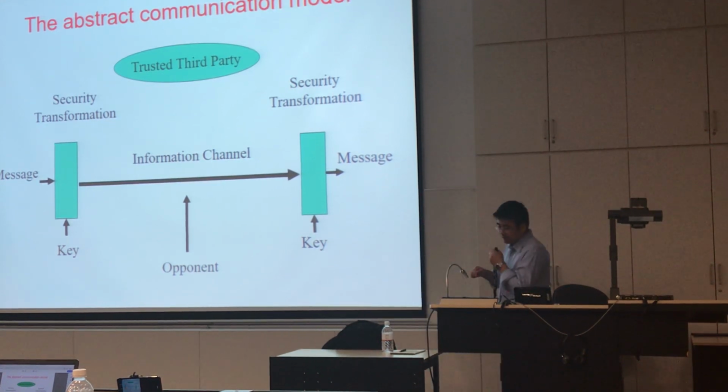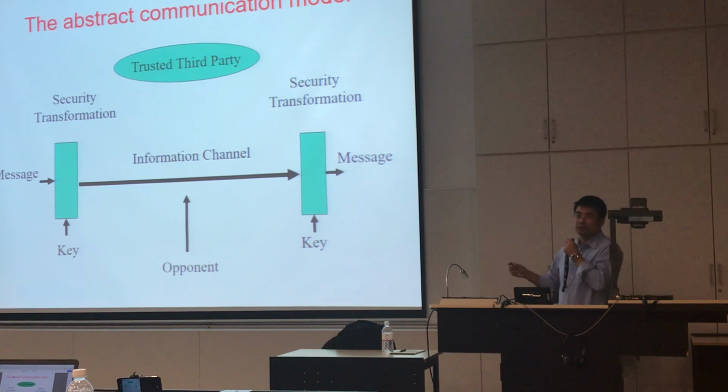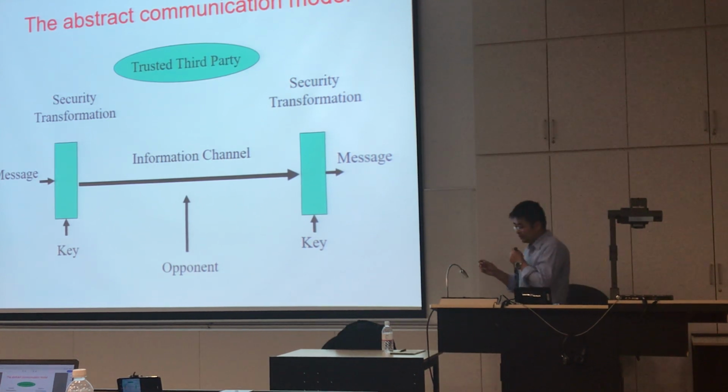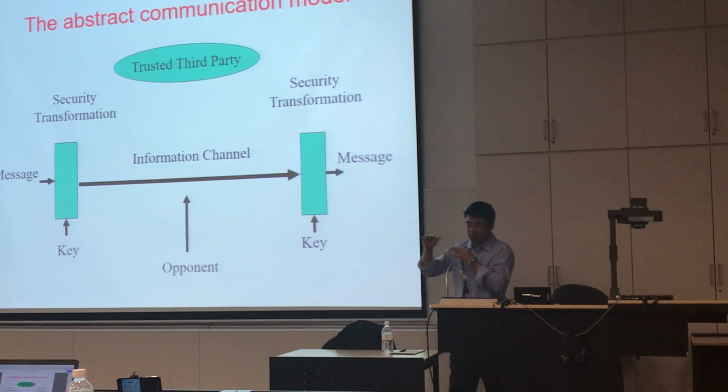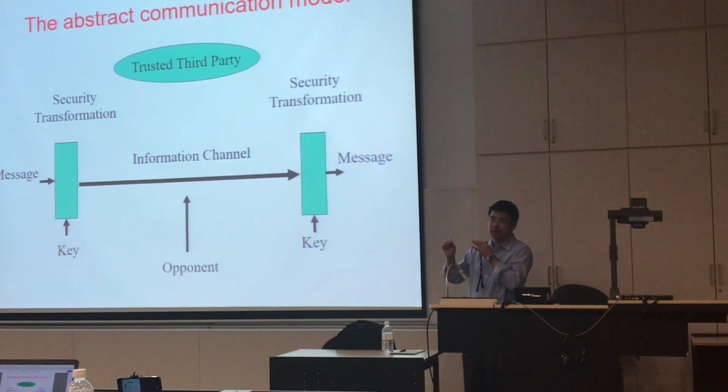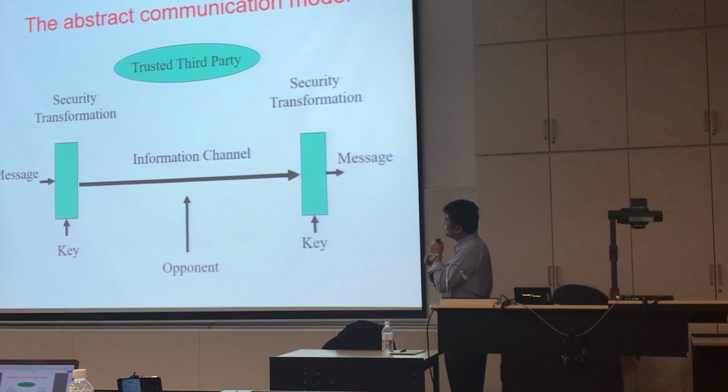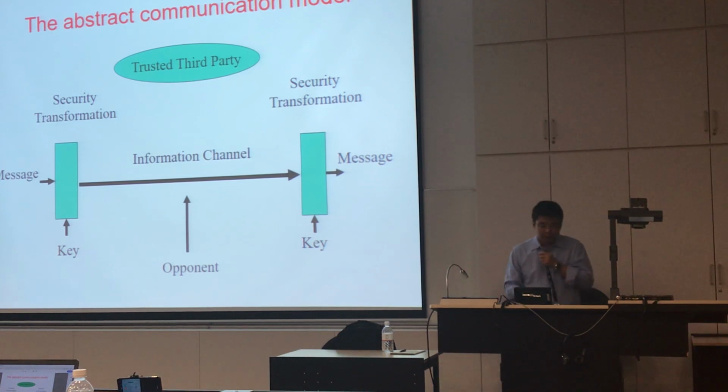Right? But if you look at the real protocol stack, actually it's very complex. However, when we study the security protocols, we decompose the stack into different layers, and then we study them one by one. So in this case, we don't need to consider a very complex structure. We just consider a very simple communication model. So this is basically the abstract model, right? This just models the communication at one single layer. But in reality, we have a more complex structure.